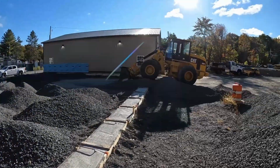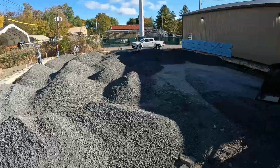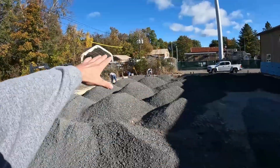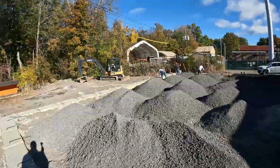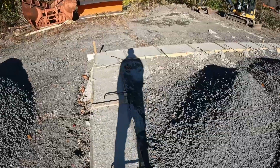I'm probably not gonna put any more gravel inside right now until we know how much we are using out of the piles that I have in here already. I'm gonna start with our excavator and just pull everything to that corner and then work our way out of it. But basically our plan is to get this gravel flush with the top of the footing here, and then